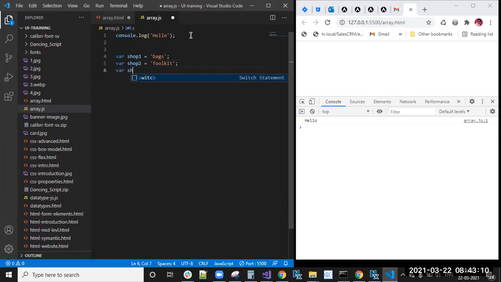And again, shop three, you have purchased some shoes. Then instead of only three products, I think instead of that, you have purchased 300 products.